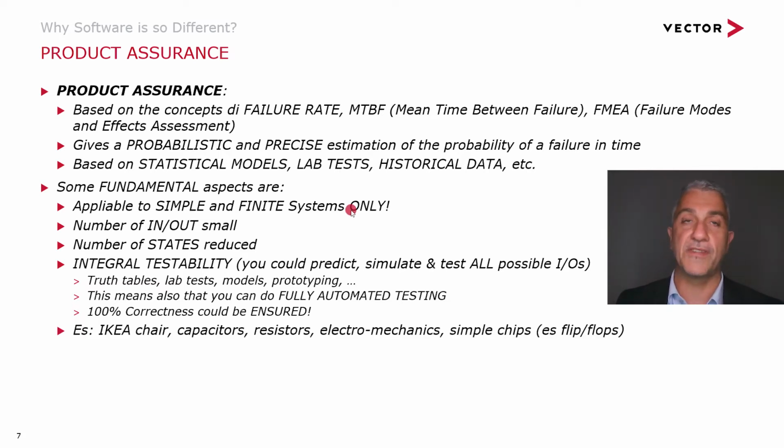Maybe you have seen in front of IKEA a device to test IKEA chairs with a piston simulating a person that is sitting down, weighing 80 kilos, every day, maybe 10 times a day. And it's applicable also to capacitors, resistors, simple electromechanical devices, simple chips, for example, flip-flops, etc., but not to